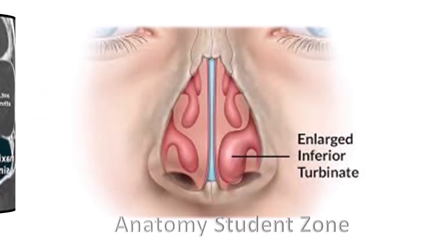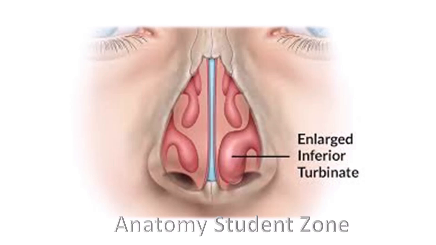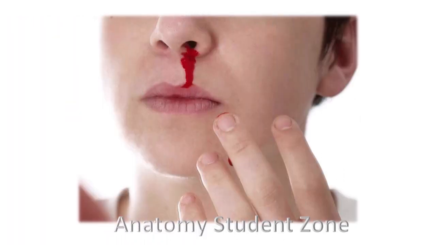Nasal obstruction can occur because of enlargement of the inferior or middle turbinate, which can occur due to allergies. It causes a nasal obstruction, and whenever there is a nasal obstruction, the patient will have difficulty in breathing. Also nosebleed, which is epistaxis, is common in the lateral wall of the nose because this wall is highly vascular. For this, I recommend you go through the blood supply of the lateral wall of the nose, that is Kiesselbach's plexus, because Kiesselbach's plexus is located on the anterior nasal septum, which is a common site for a nosebleed.